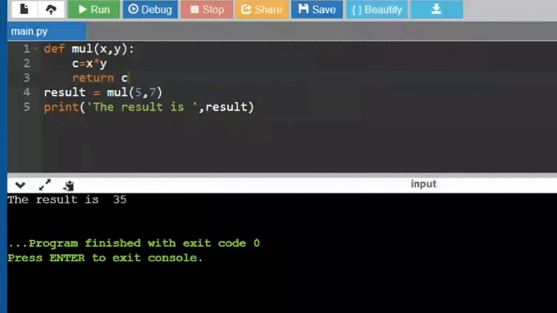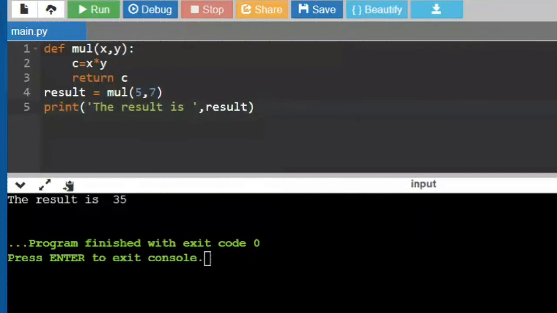So this is an example of a Python program which takes certain arguments for performing multiplication between two variables, and returns the result to the calling function. So that's what this program is all about. And what we understood is that the arguments should match. The arguments in the calling function and the called function should match.